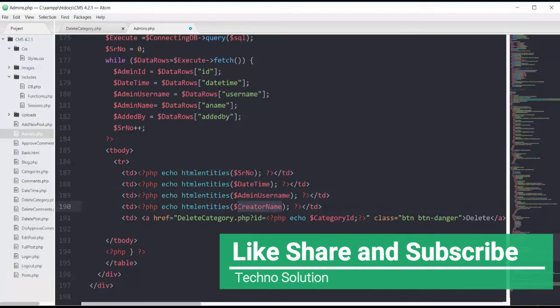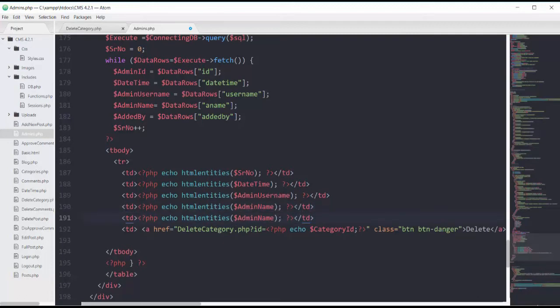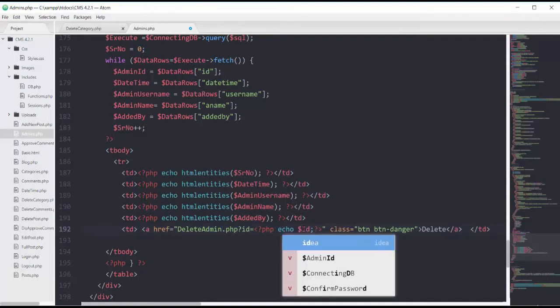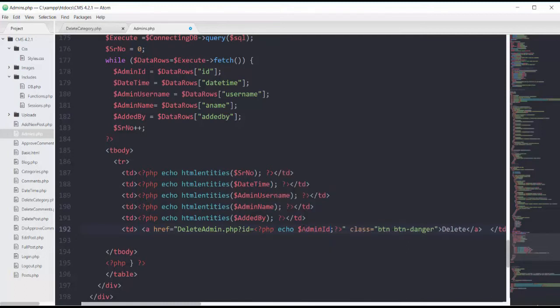Then we will have our column of admin name, then our column of added by, and at last we will go to the page of delete admin.php, and here we have to echo our ID in order to delete. So it will be admin ID.